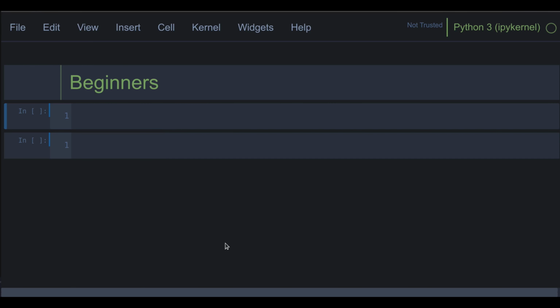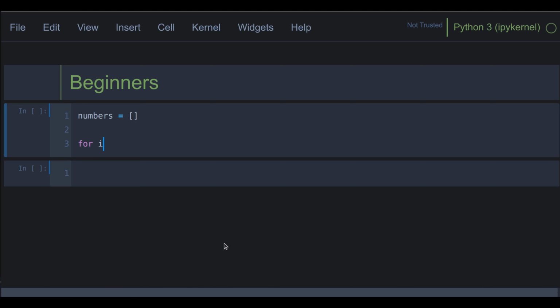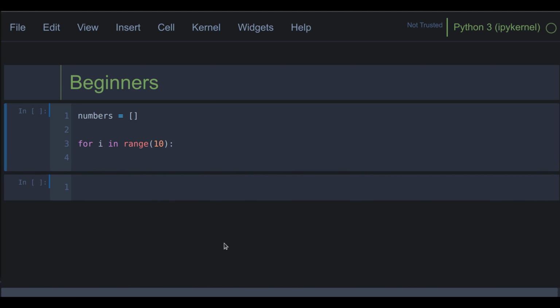Let's see how to add numbers from 0 to 9 in a list. Beginners add numbers to the list be like. First we need to create a list. In this case, I named it numbers. And simply create a for loop with i in range of 10. It will return all the numbers from 0 to 9, and we want to add those numbers into our list